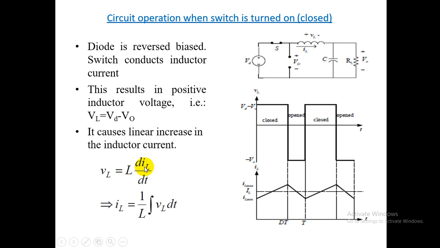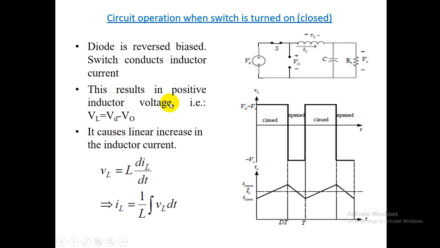Here we have to discuss one more point, the duty cycle. Duty cycle is defined as the ratio of on time period to the total time period, so alpha equals T on by T. We indicate the T on period with respect to dT. Here you can see that T on equals dT, and this is the total time period.